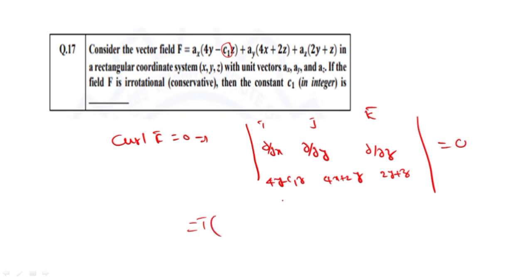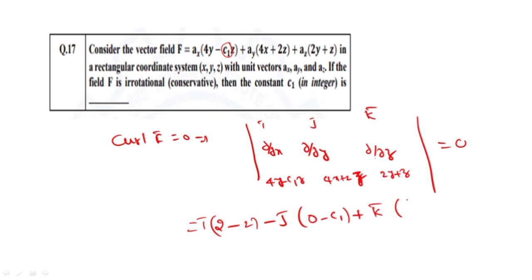This will be i bar times dou by dou y of this, which is 2, minus dou by dou z of this, which is 2z, sorry, 2z, this is 2, minus j bar times dou by dou x of this, there is no x here, so 0, minus dou by dou z, which is minus c1, plus k bar times